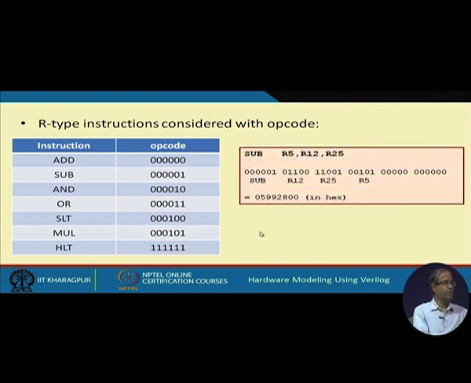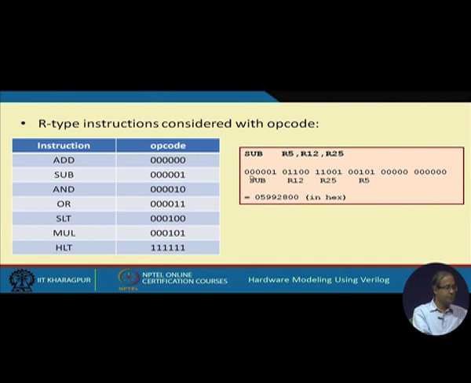Now, an example of encoding, let us take a subtract instruction, sub R5, R12, R25. The opcode for subtract is 00001. When you convert it to the instruction format, for subtract we write this 00001, then the 2 source registers R12 and R25. 12 in binary is 01100, this indicates register 12, and 25 is 11001, this indicates register 25, and destination is 5, 00101 is R5, and the last bits we are not using, as I said, these are